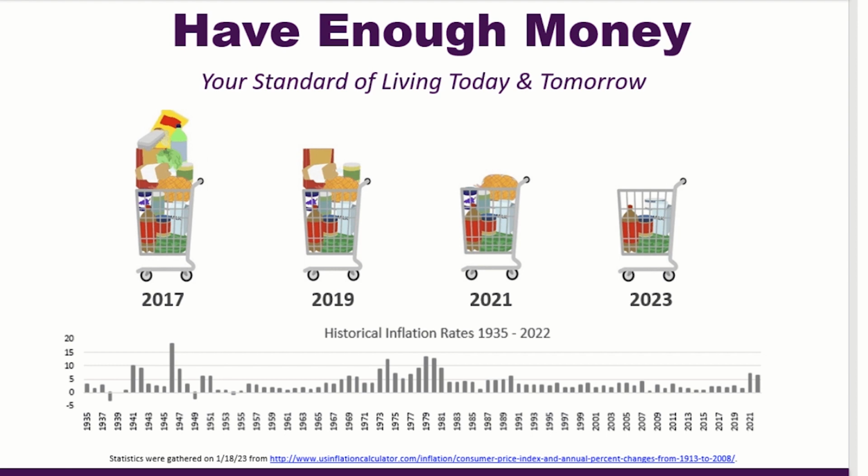Think about all the things that were not in your budget 20 years ago that now must be included. I didn't have identity theft protection or a cell phone bill or an internet bill, and television was over the air free antenna, 20, 25 years ago. There are so many things that have been added to our line item budgets, our necessities, and that's going to continue into the future. There will be new additional expenses in addition to the increase in the cost of the things that are already current